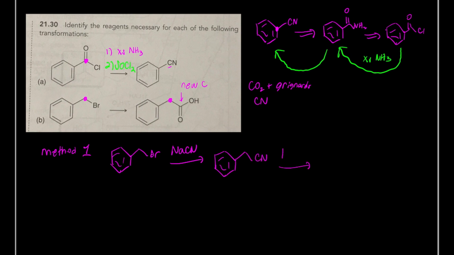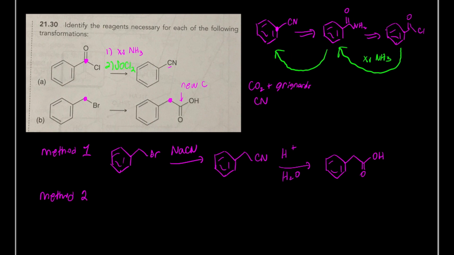And then if we treat this with water and acid, don't worry too much about how you write this down. You can write H2O above, H plus below, H3O plus, whatever. We get the idea. You're going to form the carboxylic acid with one additional carbon. Okay. Method 2